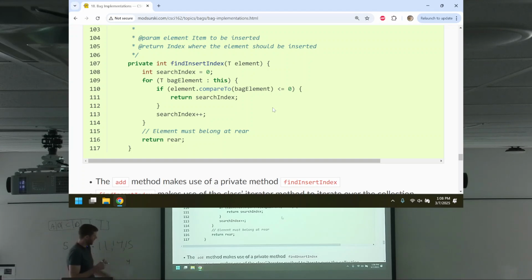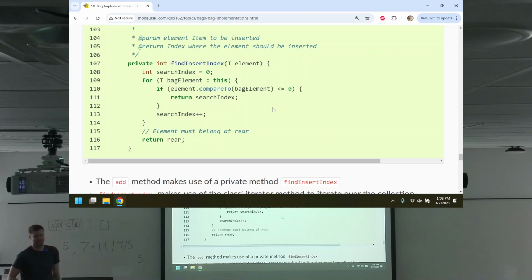No. Increment search index, it becomes 5. Then we go, oh, we're out of elements. So we jump down to here, lines 15, 16, whatever. The value of search index and the value of rear must be equal at this instant, right?